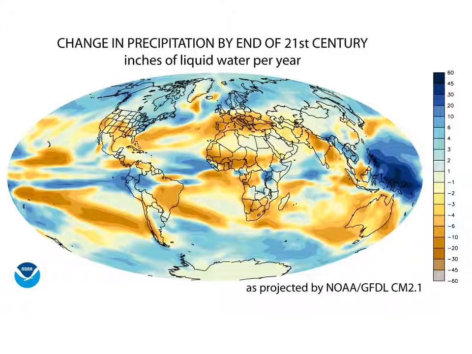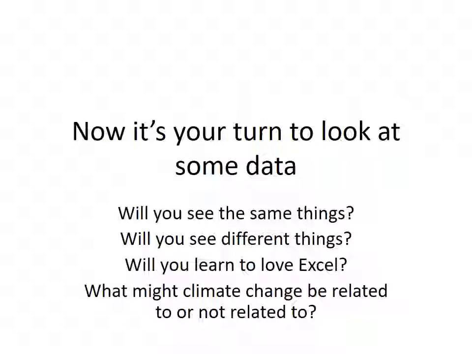This is what we expect our change in precipitation by the end of the 21st century looks like. And this is in inches of liquid water. They say liquid water so that it's standardized to rain as opposed to snow. So now you're going to look at data. You can see if you see the same thing or different things. The question is, will you learn to love Excel? And you're going to see what climate may